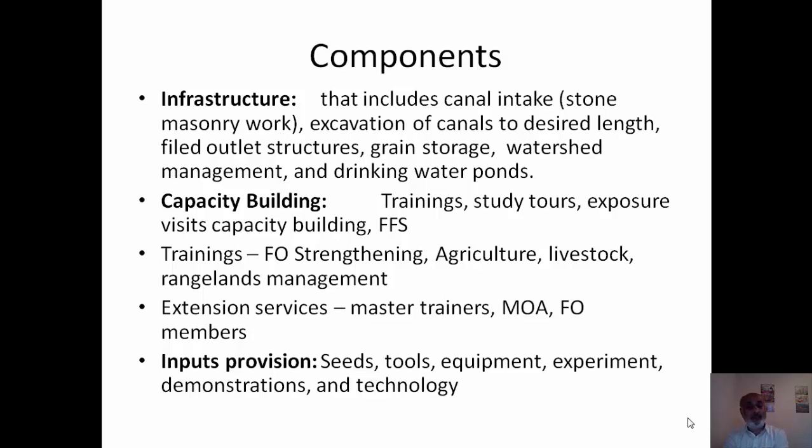Extension services will have a master trainer, which will include master trainers, so later on they can give the same training to their fellow farmers. The training will also be provided to the Ministry of Agriculture and farmer organization members. And at the initial stage, input provision is also made,